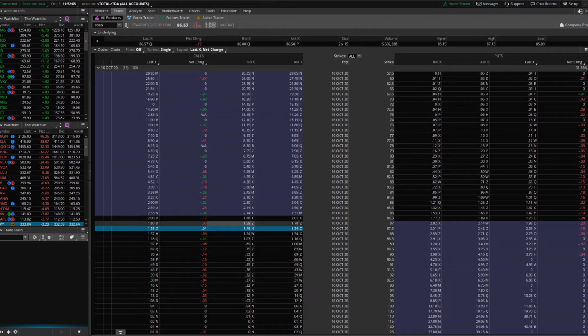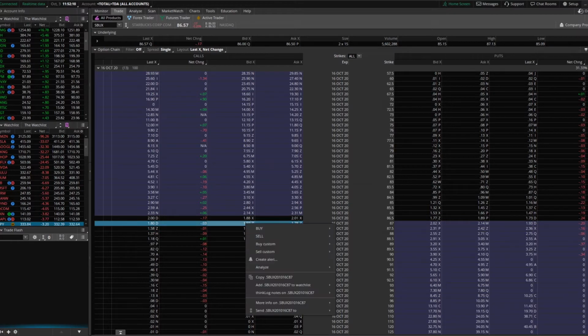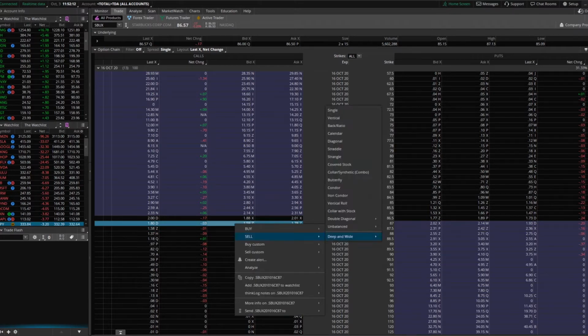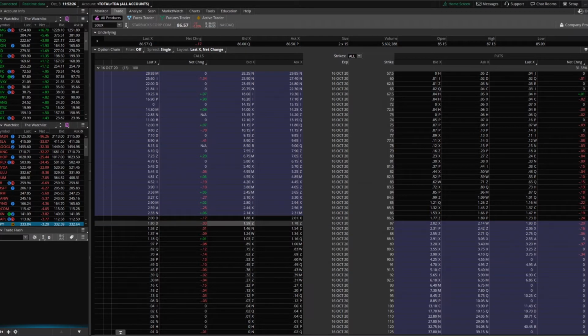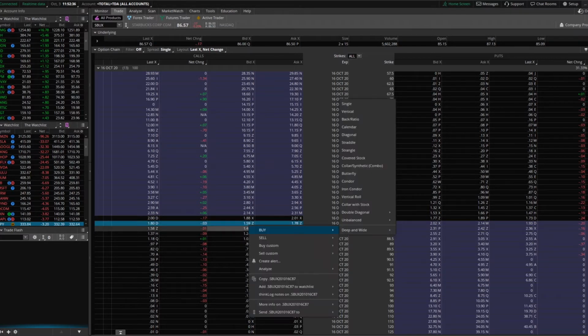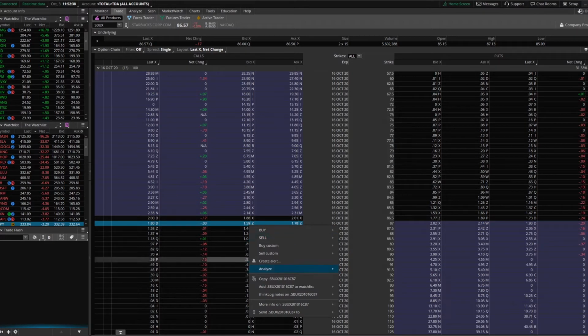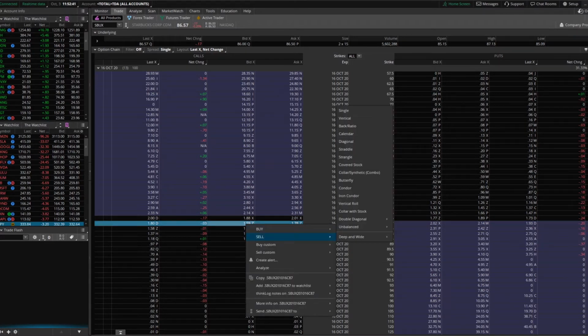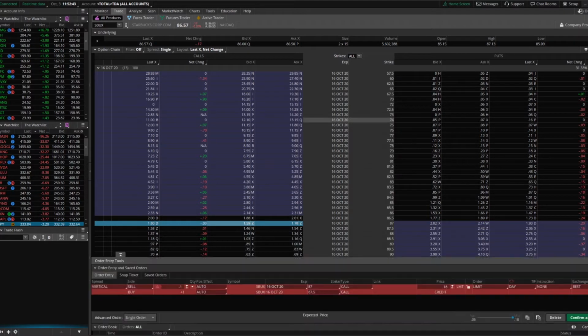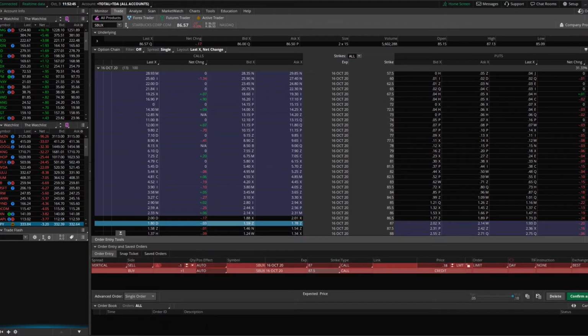Now, in order to do the credit spread on thinkorswim, I think a lot of people don't really understand how to do it. You're going to right click on the sell of whatever contract you're trying to sell. So I'm going to be selling this 87 call, and then I'm going to be buying the 87.5, and spreads on thinkorswim are actually called verticals. So you're going to right click on the contract you want to sell, you're going to go up to vertical,